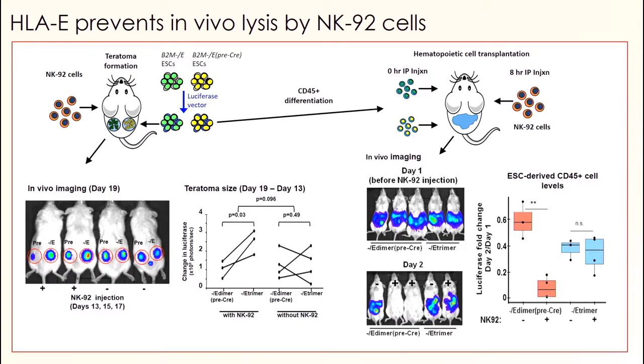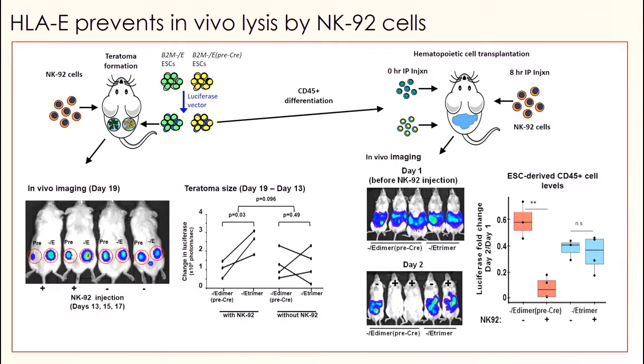We can show in vivo that it works as well. And here what we've done is take an NK cell line called NK92. We first label our pluripotent cells with a luciferase marker. We then inject them subcutaneously to get teratomas, which is what these cells normally form in an immunocompromised mouse. And we inject NK92 cells into the peritoneum. And what we can see with luciferase labeling is that when you add the NK92 cells, the class 1 negative teratomas are smaller than the ones that have E, and that's not really the case when you don't add the NK92 cells, so you can detect this NK-specific lysis in vivo